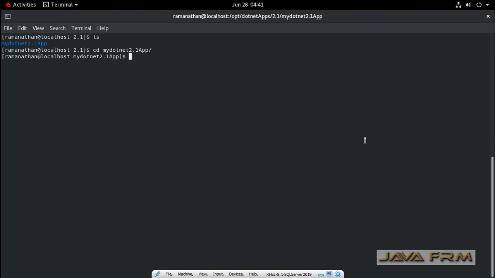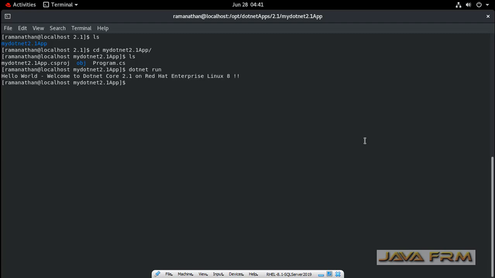So now I am going to run this simple console application. dotnet run. That's it. So this will run the Program.cs which is generated by .NET Core. So you can see that hello world is printed successfully. So very simple step to run the console application. So this is a C# application. So C# is supported on Linux platforms now. So that is very great news.